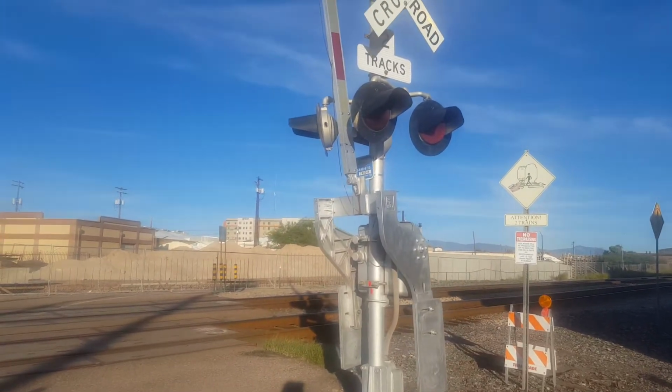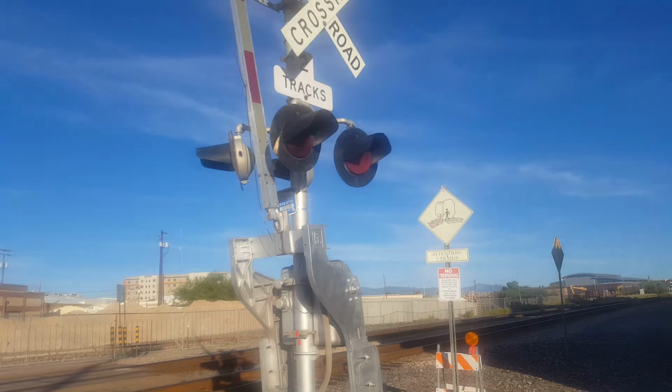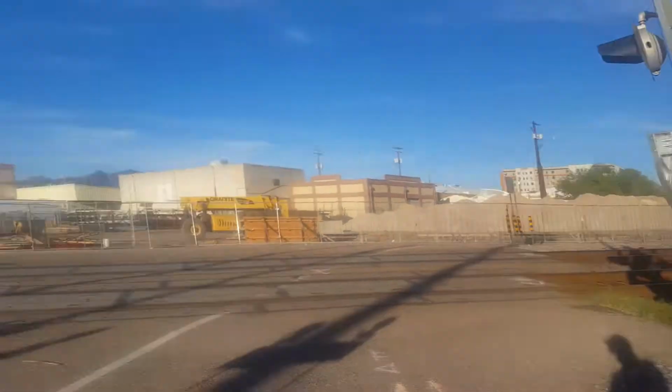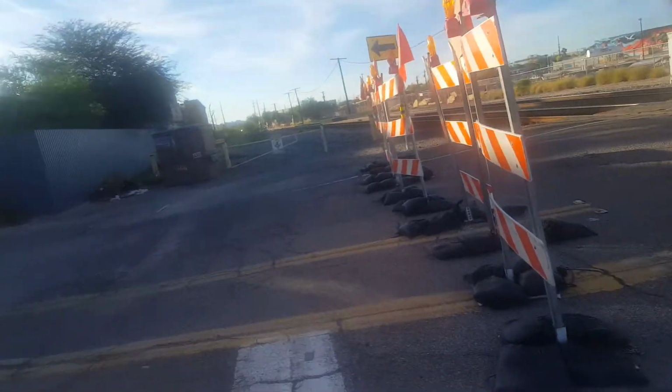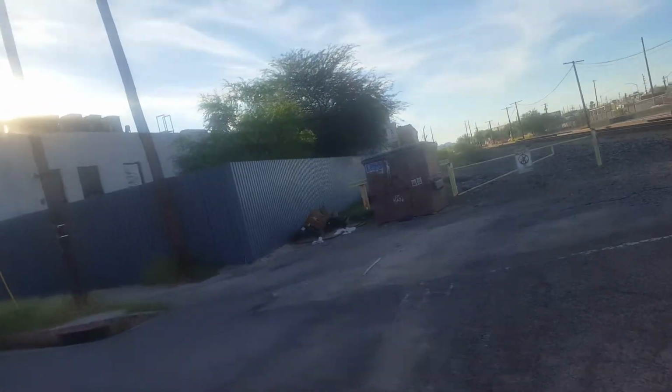But yes, so that's the crossing ID, in case of a problem with this crossing or an emergency, like your car got stuck on the train tracks or whatever. But yeah,